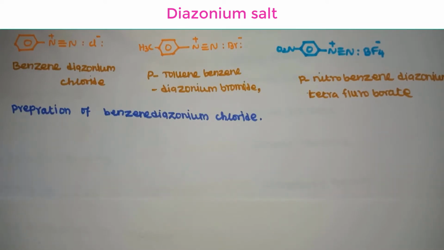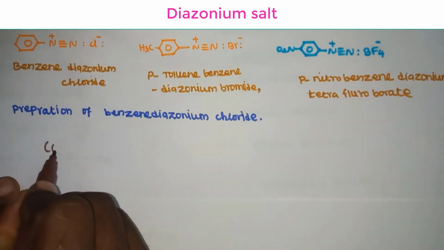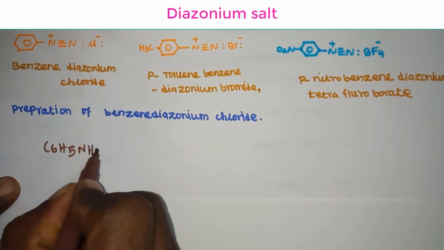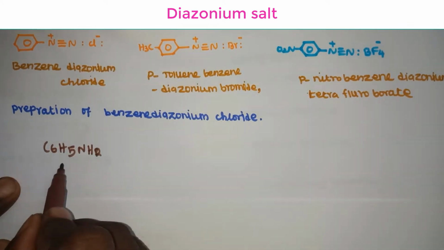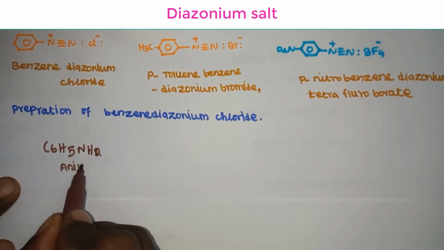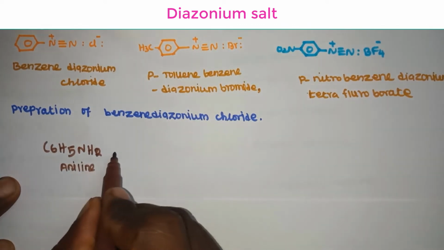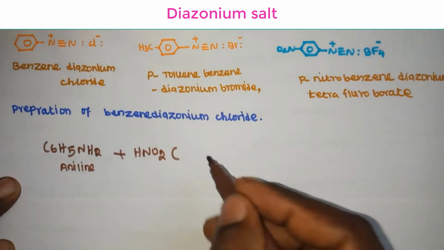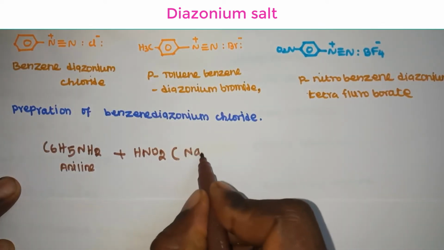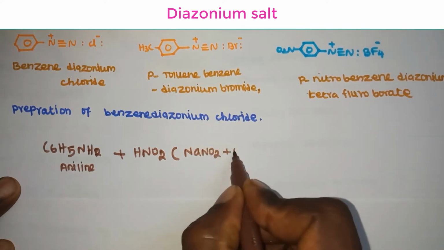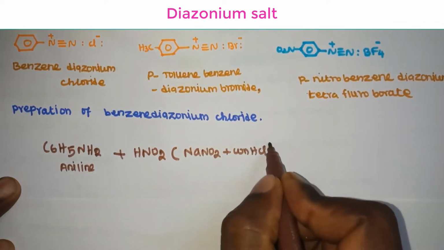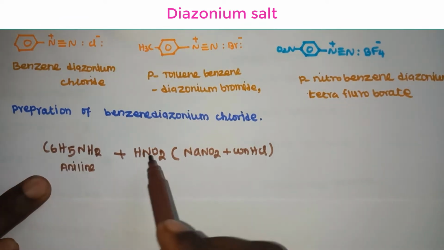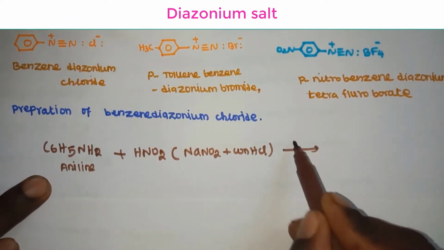Benzene diazonium chloride is prepared from aniline, C6H5NH2. This is an aromatic primary amine. The name of this compound is aniline. Aniline reacts with nitrous acid. This nitrous acid is prepared from a mixture of NaNO2 and concentrated hydrochloric acid. That means aniline reacts with nitrous acid at 0 degrees Celsius